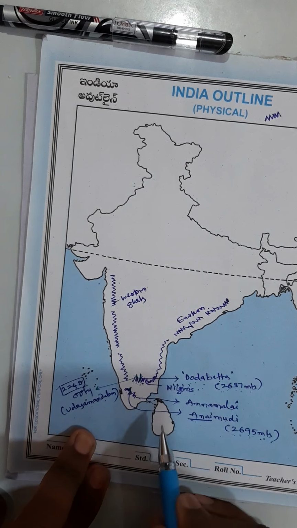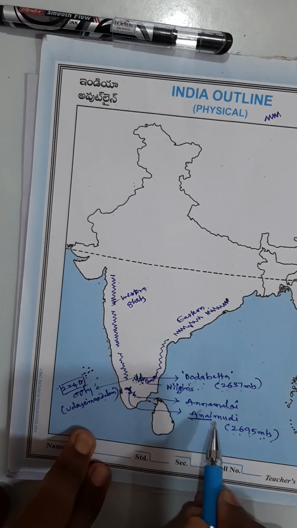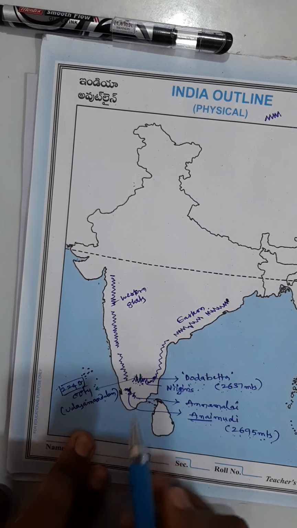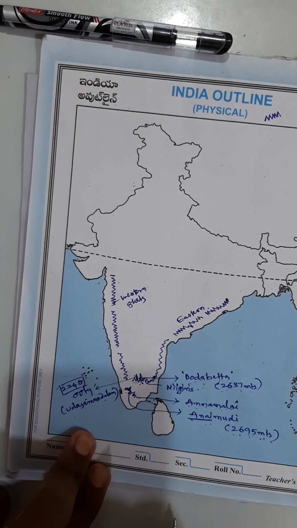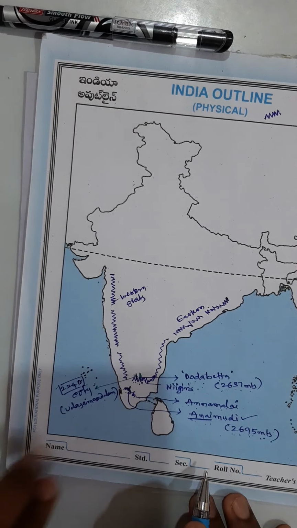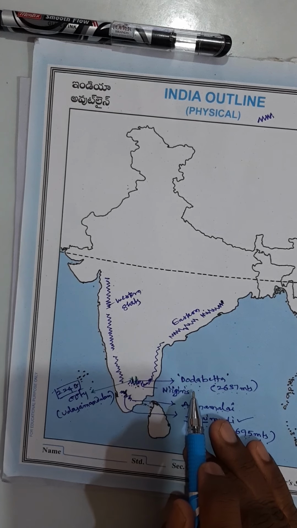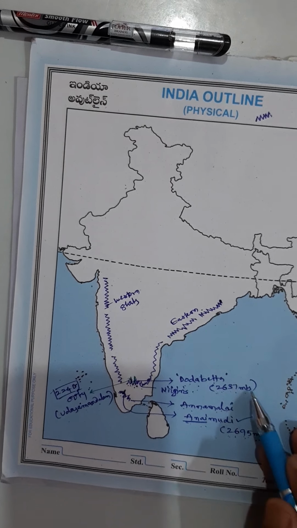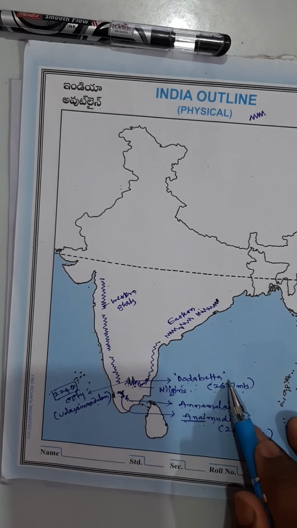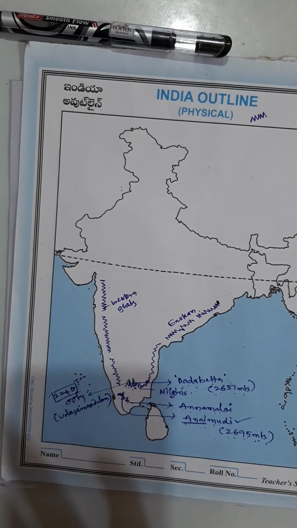If you are asked which is the highest peak in Annamalai Hills, that is Anaimudi. Not only Annamalai Hills, it is in entire South India. If someone is asking you the highest peak, that becomes Anaimudi. If you are asked the highest peak in Nilgiris, then it is Dodabetta. So height is very important. You have to remember the height, the meters, with the peak names. So the Dodabetta, Anaimudi, the Eastern Ghats, Western Ghats.